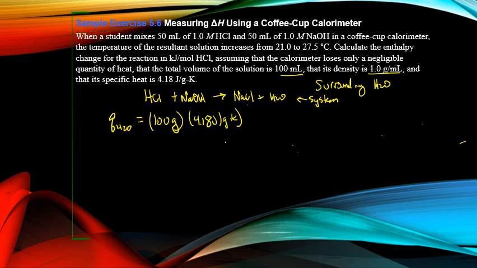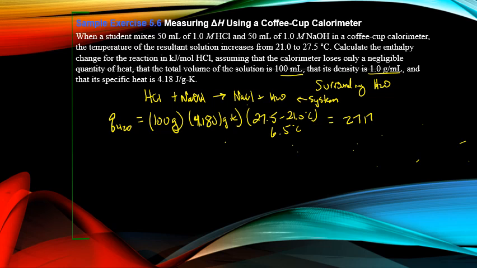I know that's not 4.184, but this could be due to the parts that are dissolved in it. That will change it a little bit. And then my change in temperature, I have 27.5 minus the 21.0. So that's going to be 6.5 degrees Celsius. And it is an increase in temperature, so I know I'll have a positive Q. So if I take 6.5 and I multiply that times 4.18 and times 100, that gives me a total energy change for the water equal to